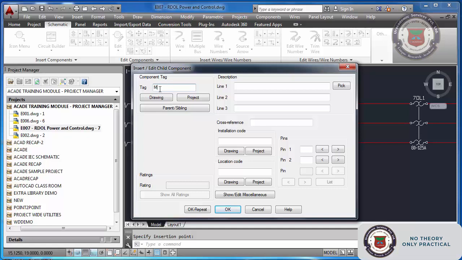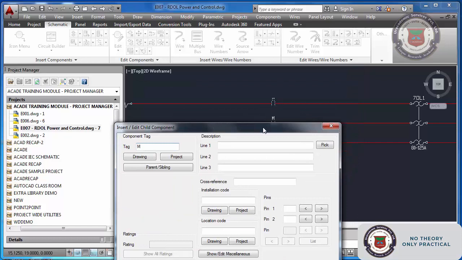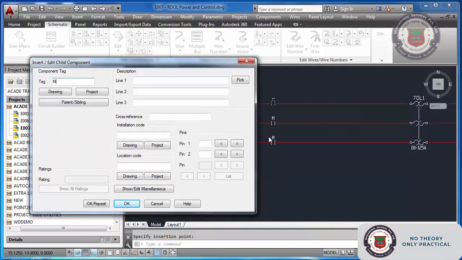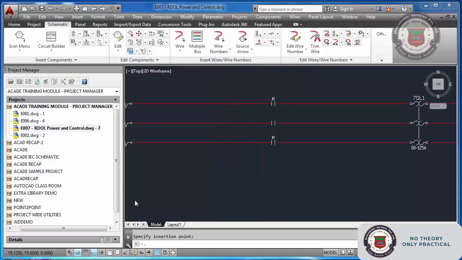In this case it is not coming, just because what we are inserting here, these power contacts, is not a parent component, this is a child component. When you insert a parent component, in this case the coil of this particular power contactor, it will come with a prefix. Now this is not a parent component, that is why it is not coming here. Anyway, let it be like this only. Okay, I'm just putting okay.